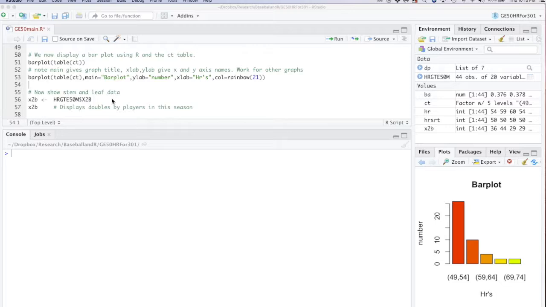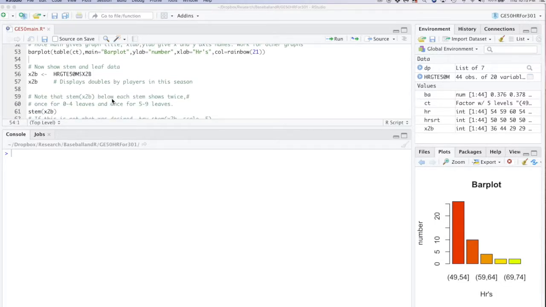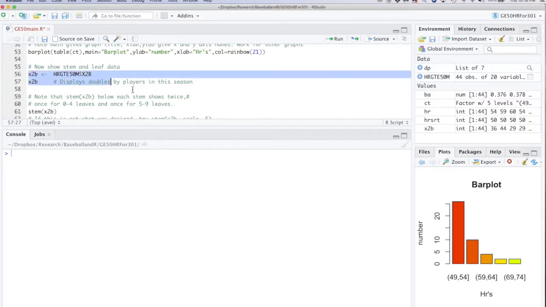Now let's try some different data representation. The next thing I want to do is show a type of representation called a stem and leaf plot. In order to do this, the first thing I'm going to do is work with the 2 base hits, the doubles. They're spread out a little more than the number of home runs. So let me